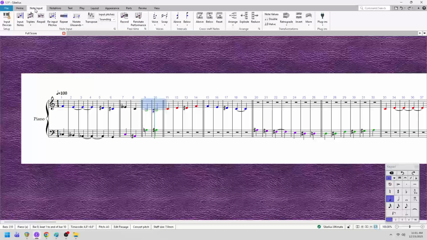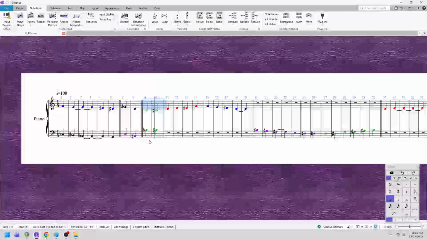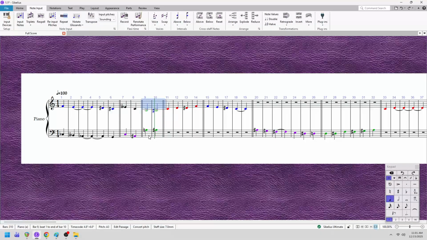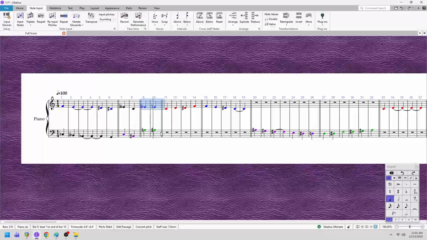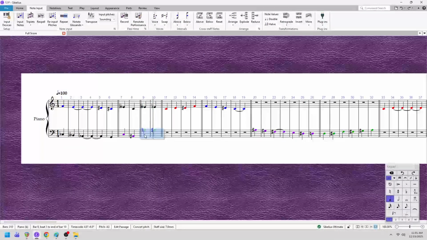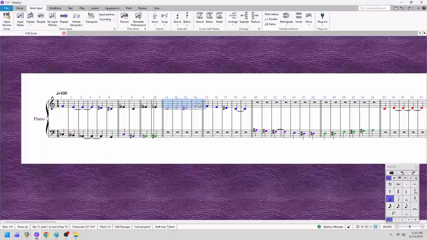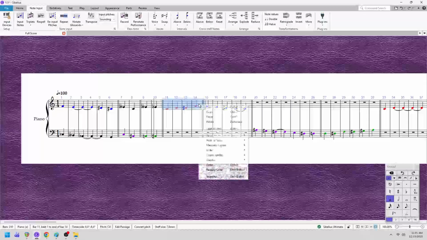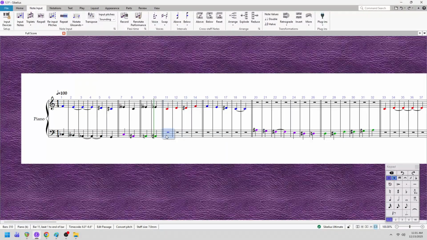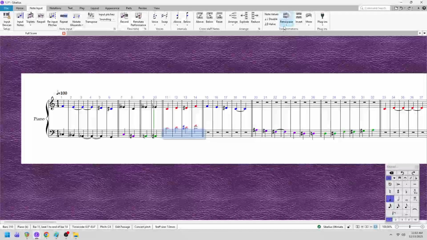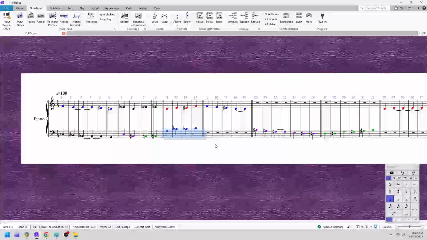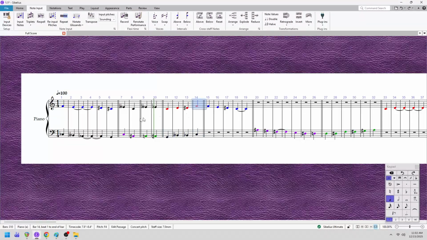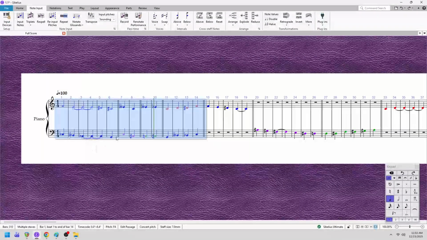So here we are. Same thing I did before, at that time. And then the same thing I did before. Copy it, paste it, retrograde it, invert it, lower it an octave. So, if I just play this section,